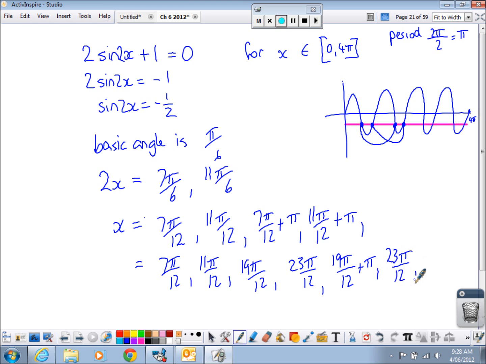Now in an exam you'd never be asked to find this many solutions because it's very repetitive. So the 19 pi on 12 was this third solution, so adding the period will give us the fifth, and from 23 pi on 12 adding the period will give us the sixth. And I'm not going to finish it off because I think you can just add the fractions and continue to do that. So check with your calculator